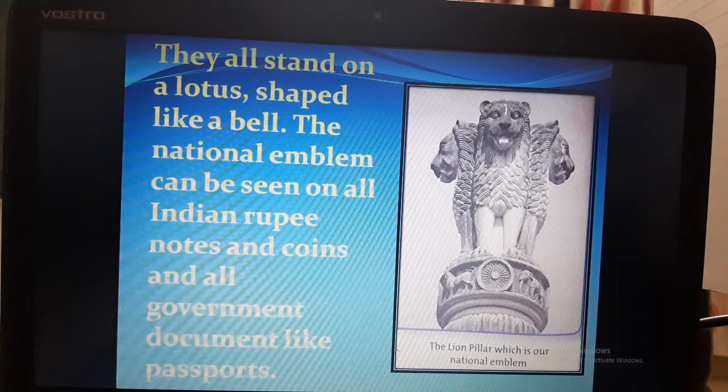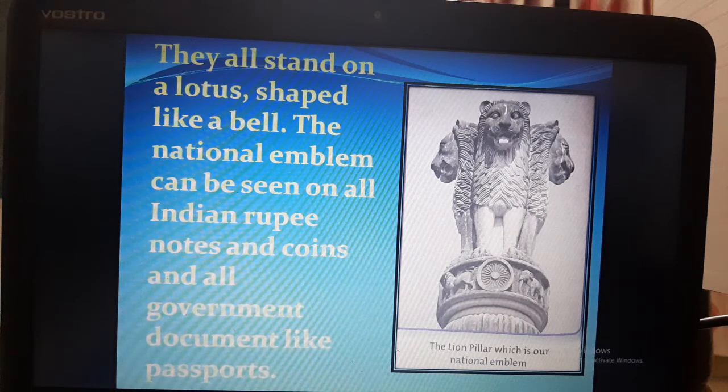Okay students, see the picture of the lion pillar, which is our national emblem. It has four lions standing back to back on a wheel. The lions stand for courage and confidence. There is a bull, a horse and an elephant.